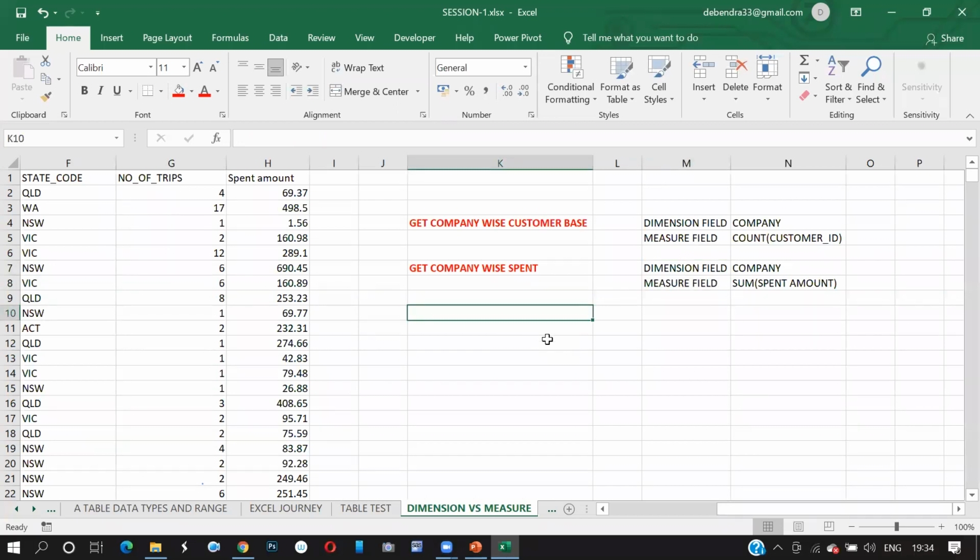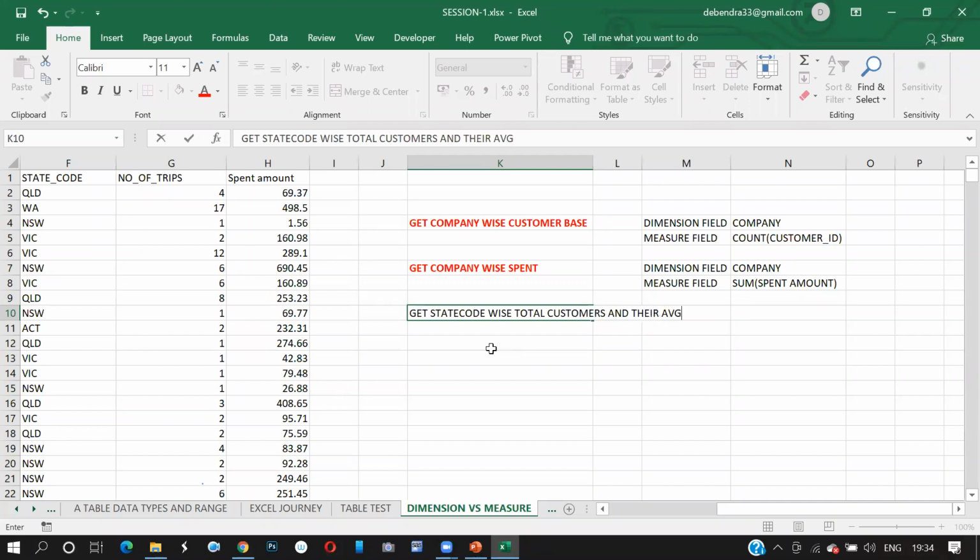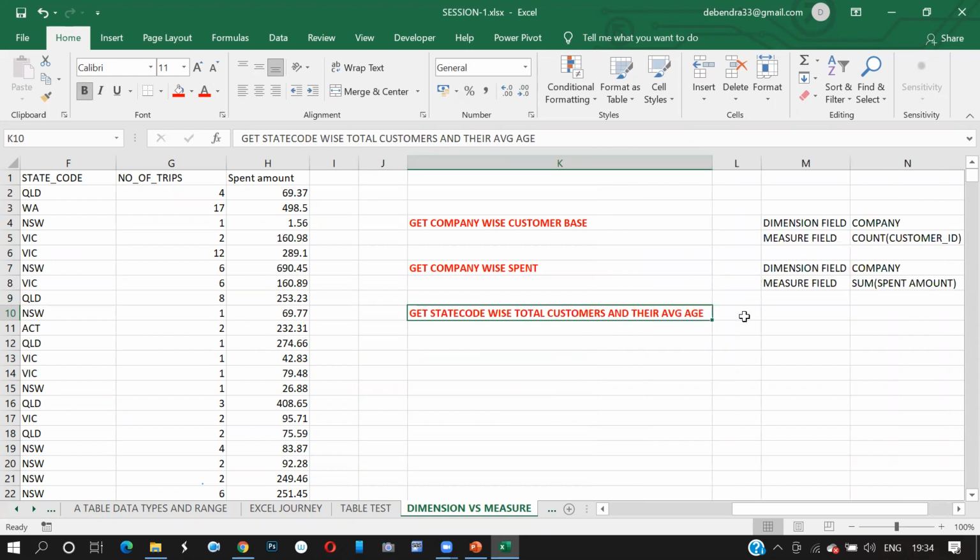Now, if I say get state code wise total customers and their average age, tell me in this question, what are the dimensions? What are the measures?